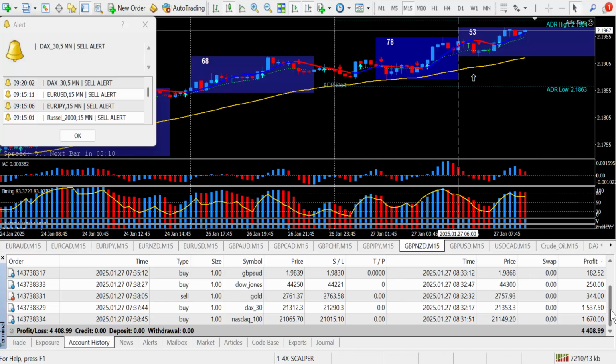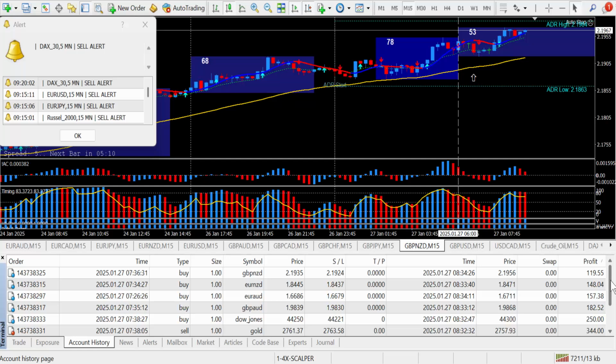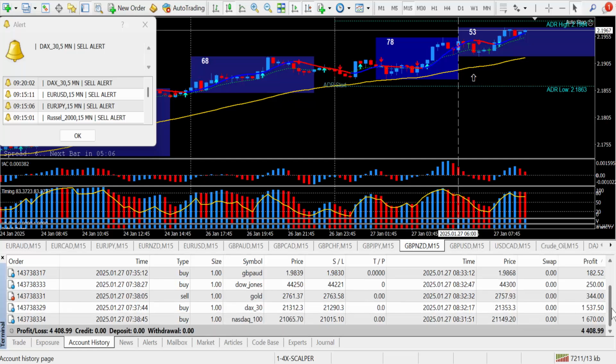You can scroll up and down a bit just to show you. There's a grand total of 8 trades I put in. I am using my brand new 4X-SCALPER trading system. And today's date is January the 27th. And on this day,